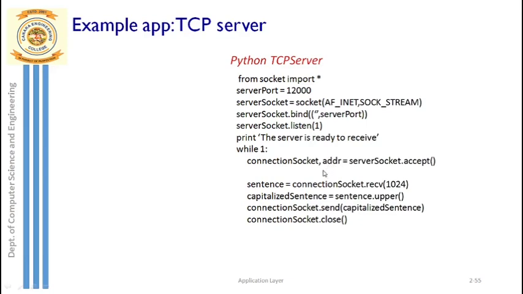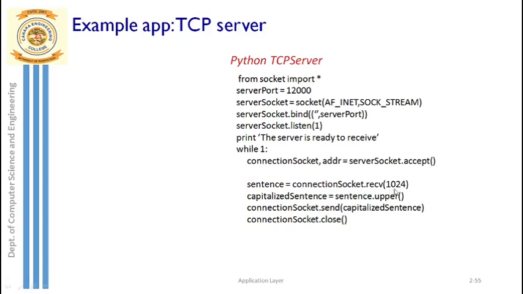Now what next? The client has sent you the message. So that message is now received at the server side. So who is going to receive? The welcome socket will not receive the data or message anymore. It is the connection socket's job. All the data transfer is happening through the connection socket from now on. So the connection socket only should receive the contents, again through the buffer he is reading the content.